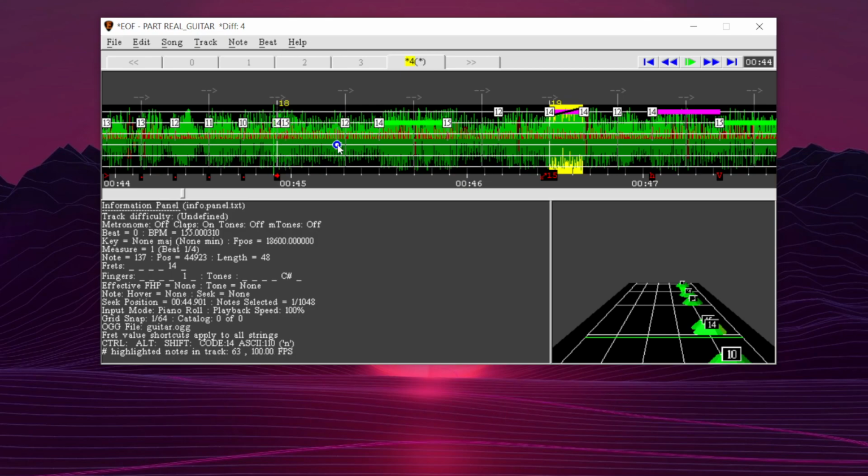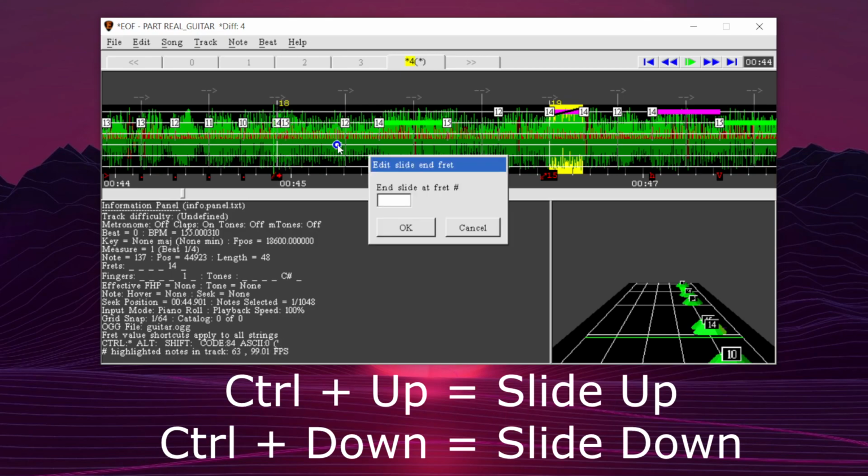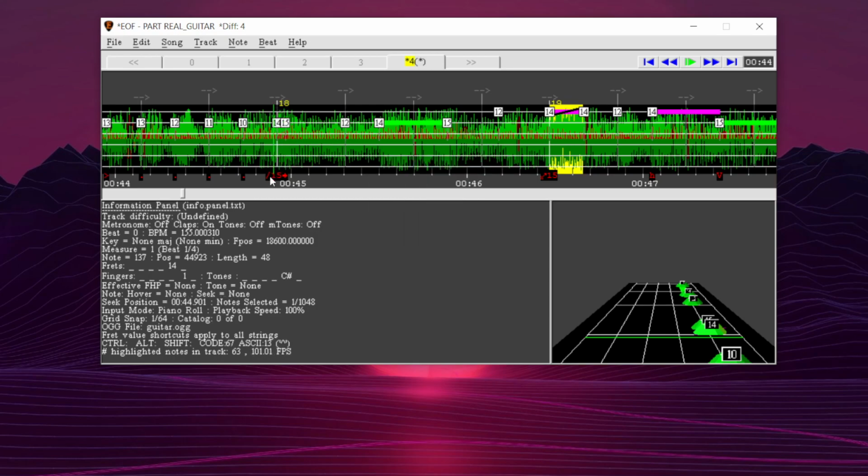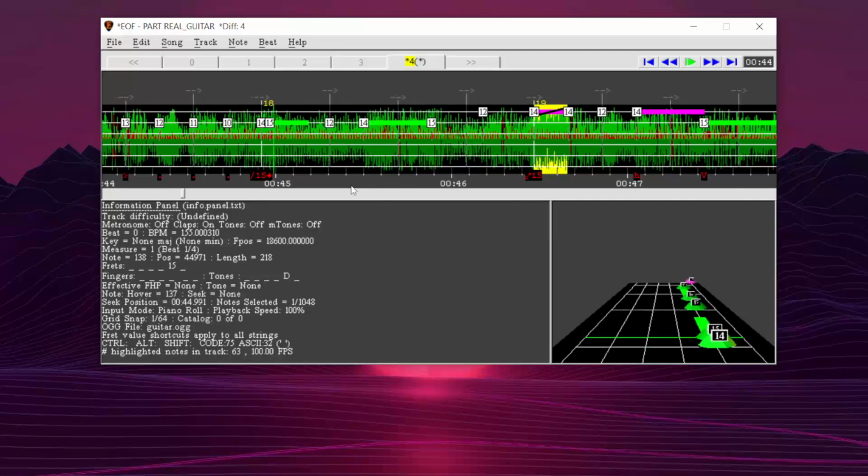And then you do Control up to indicate that it's a slide up to this fret. So you do Control down if you're going from 15 to 14, for example. So make it a 15. So now you see slide from 14 to 15 with this here, and the little arrow means make it all one note. And then you just extend this here. So now if we listen,